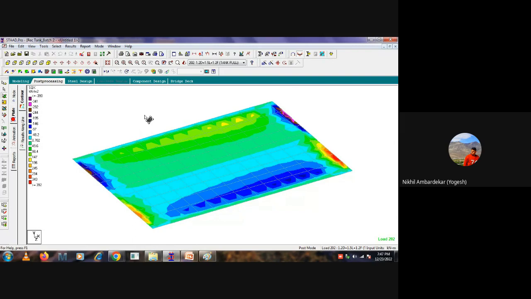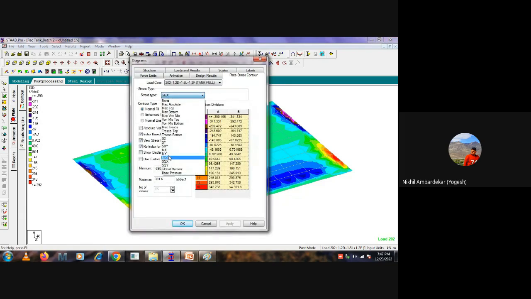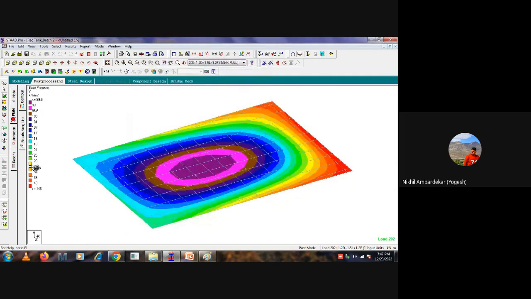Again, in addition to that, since we are doing the base slab, we need to find out the safe bearing capacity of the soil. Correct. So for that, just go to this, base pressure. You are getting the base pressure here. Remember, these are the factored. So you need to select such a way that we are getting the